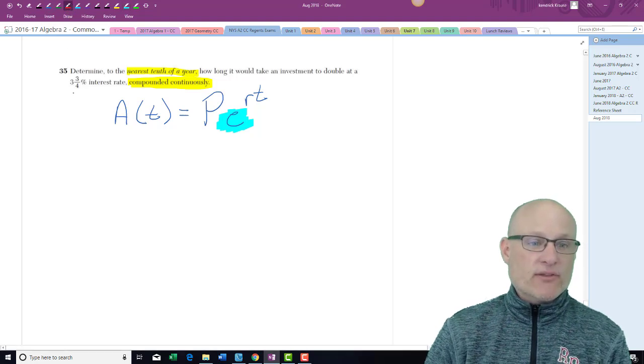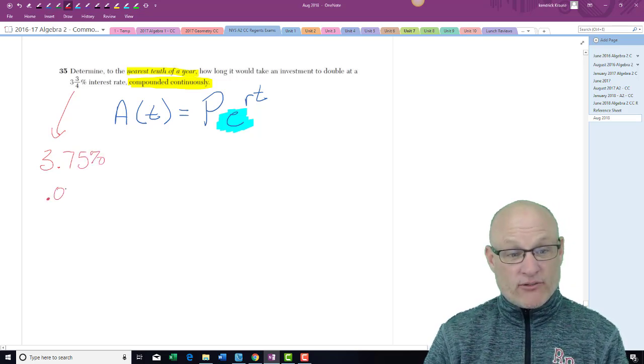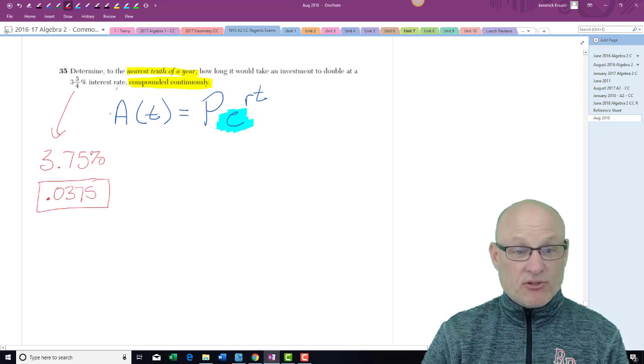Oh, we got one other tricky thing. This is 3.75%, which as a decimal is 0.0375. Now, if you know these two facts,